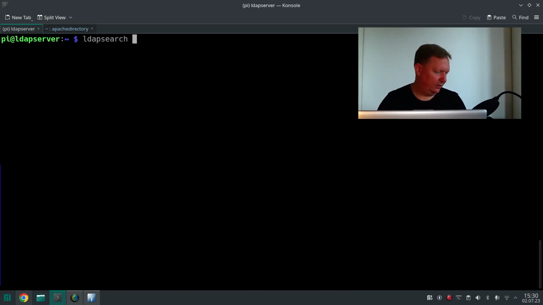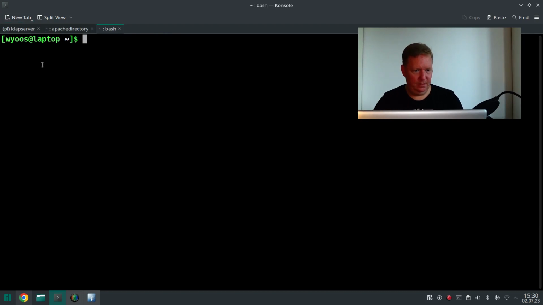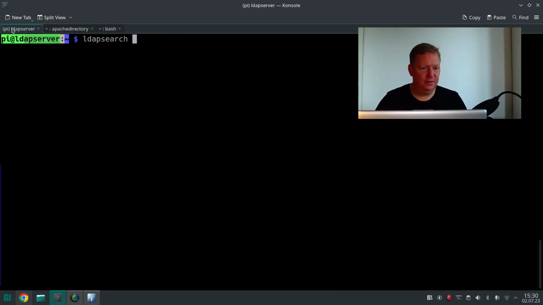If you don't specify a host name with -h, then it will run on the same host. So if I'm running LDAP search without a host name on my LDAP server, it will work. Here on my local laptop this wouldn't work because I don't have a server installed on the laptop. So let's see, with my default